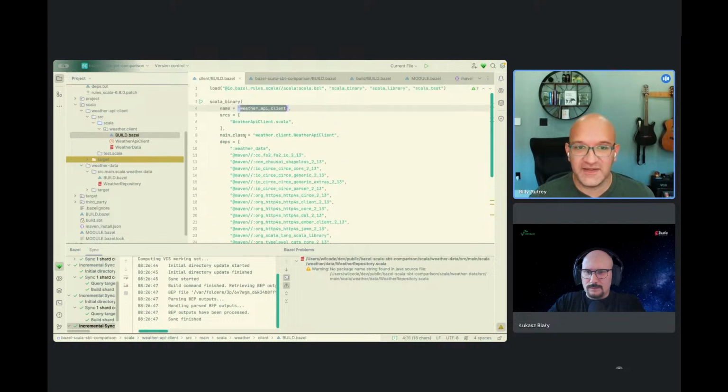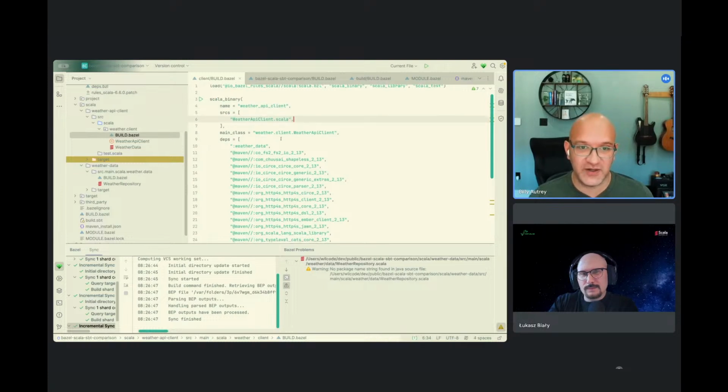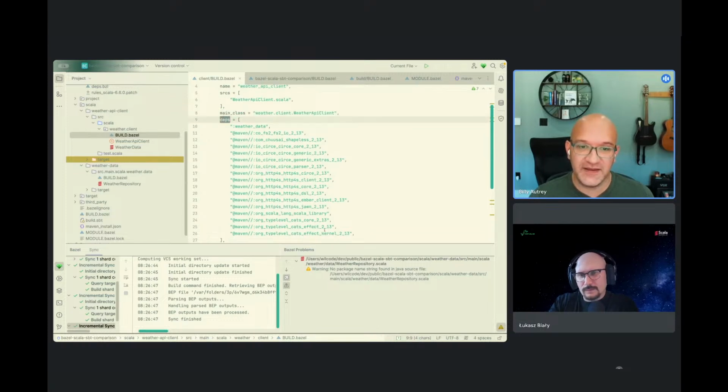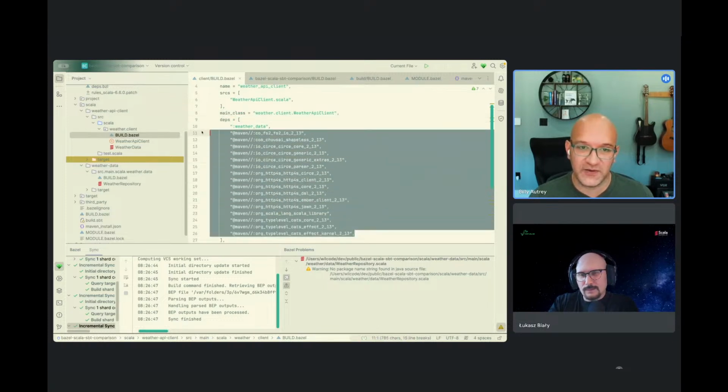So the only real things you have to have, for scala_binary, everything has to have a name first and foremost, and this name is what gets you the label for what you're trying to do. You declare the source files, so the things you're actually trying to compile. For scala_binary, you have to tell it what is the actual classpath to the main class. And then for the dependency list, you have to add all of your external dependencies.